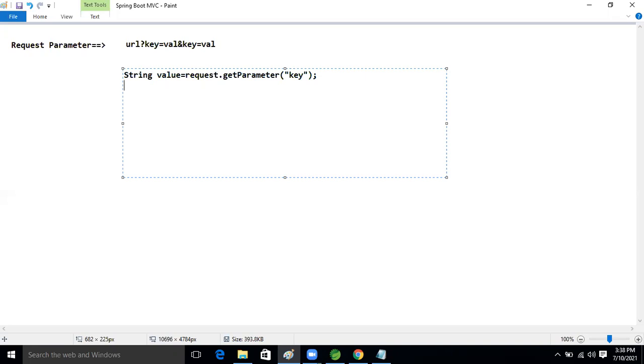Then we are parsing the data, or not, guys? Parse the data if required. Right, if required, then we are parsing it.